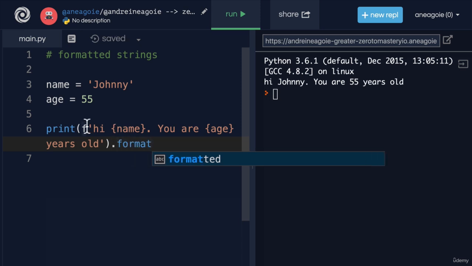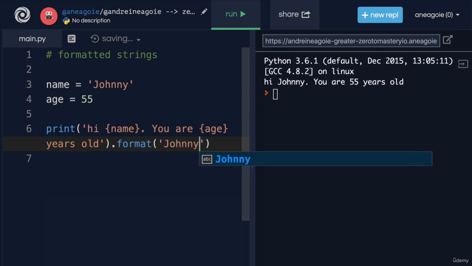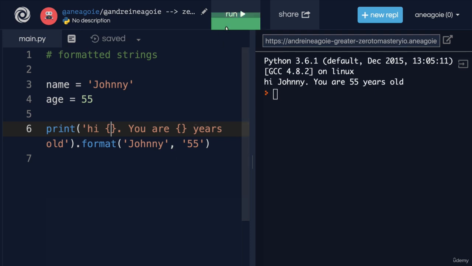And dot format, so let's remove the F here, is going to do the same thing for us. We do a bracket here, and then we say, hey, we want Johnny and age of 55. And we can just remove these variable names. If I click run here,